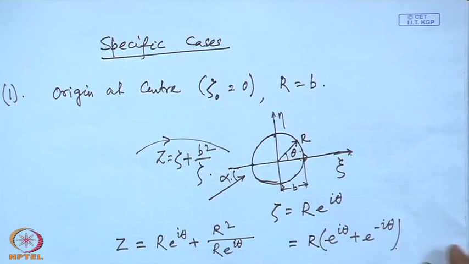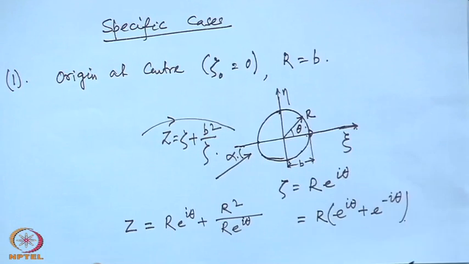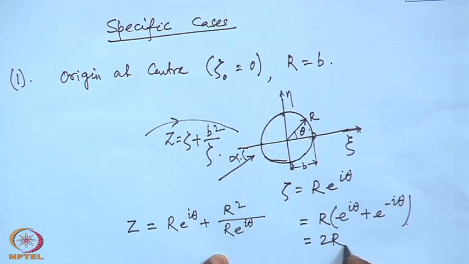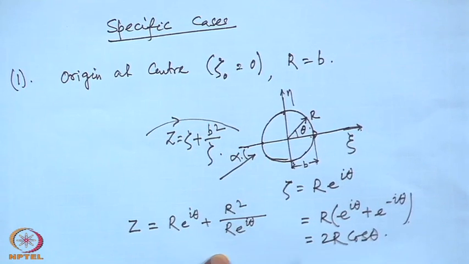Which is two r cos theta. There is no imaginary component. That means the transformed body is lying only on the real axis in the x z plane, just a straight line, or we will call a flat plate. So, in this case the transformed body is a flat plate airfoil,